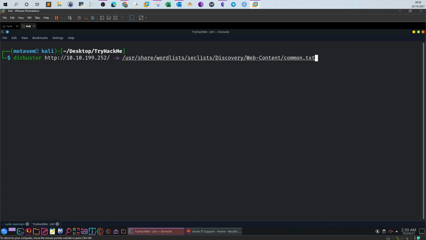Use this word list. So using automated tools such as DirBuster requires you to define the URL of the page and the word list, so that the tool itself will go over the word list given in the command, and it will try to find out if the words contained here are actually found in the URL itself by looking at the HTTP responses. If you click enter now,